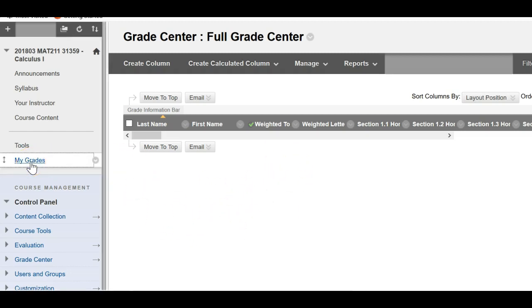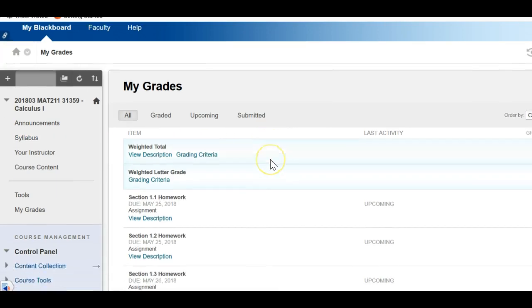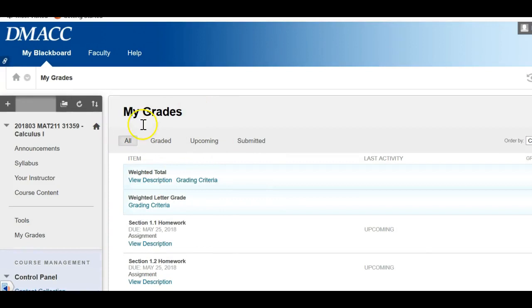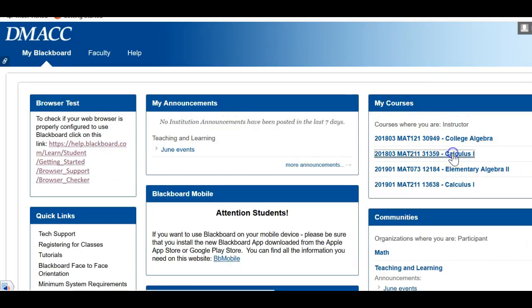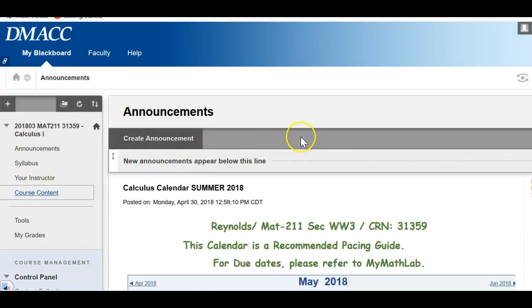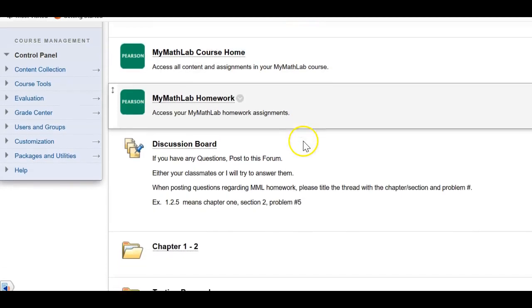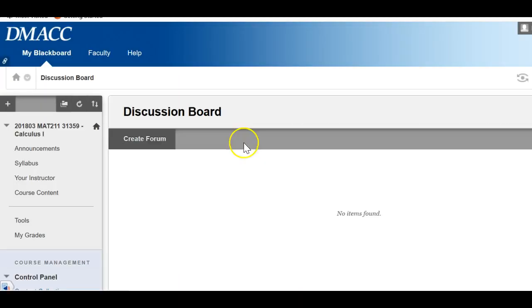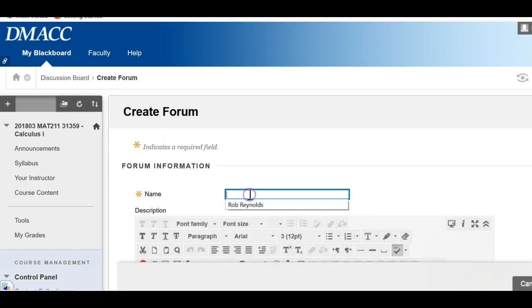You'll probably go under My Grades. I don't really go from the student side of it, but I'll help you out with more grades there. Another really helpful tool, oops, I didn't mean to pop out of that, is under course content. I have created a discussion board. And when you open it, again, you can create a forum, and I just ask you if you have a question on